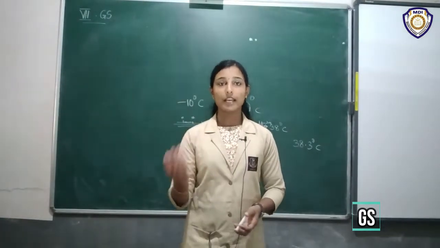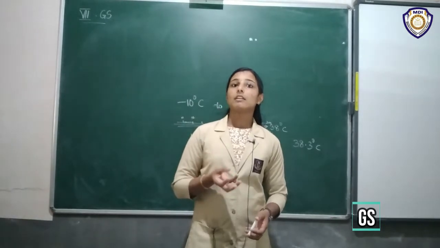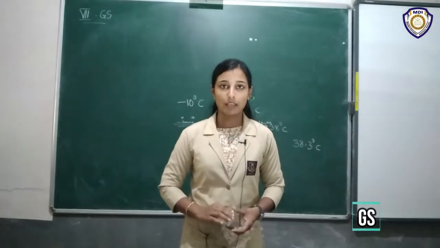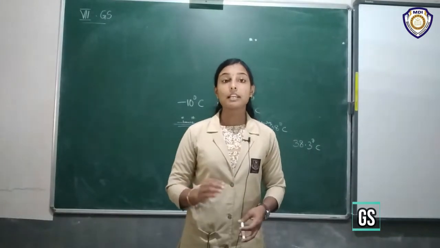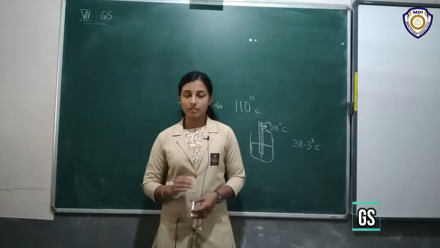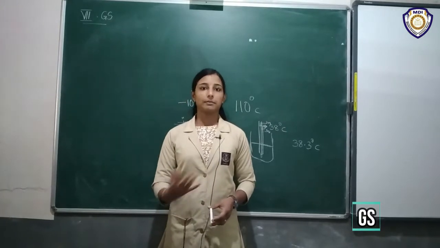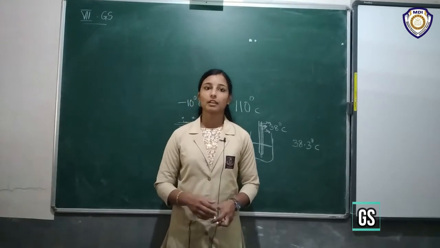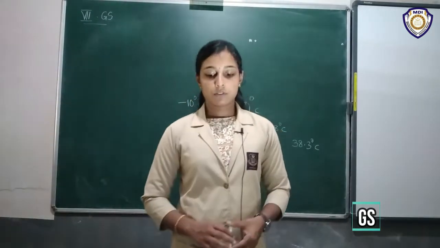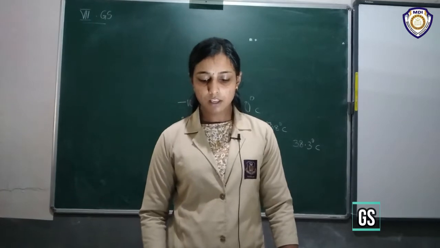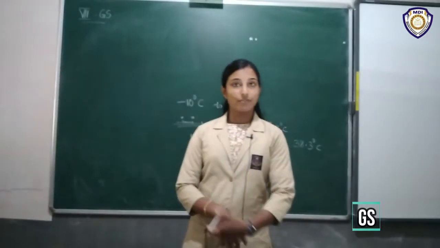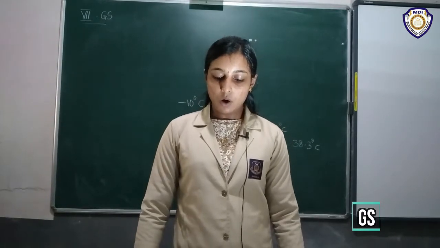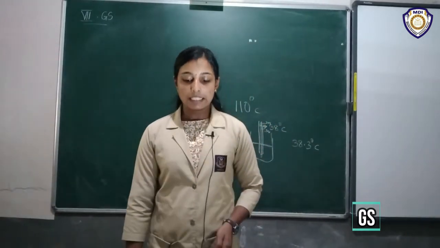So that the mercury will rise up and give the actual temperature. Okay, and one more thing, the bulb should not touch the surface where we kept the substance. So these two things should be taken care of. Okay, and activity 4.5: take some hot water in a beaker or a mug, dip the thermometer